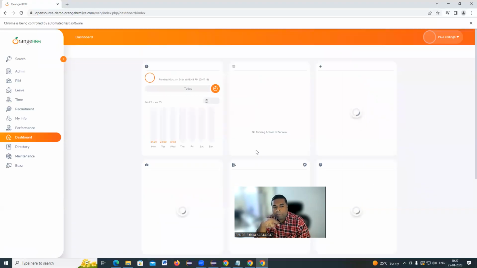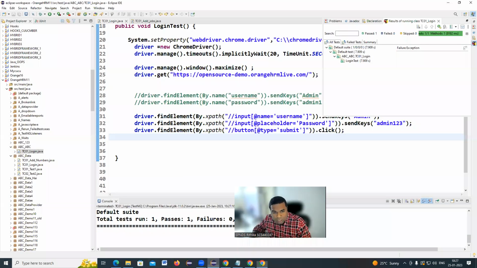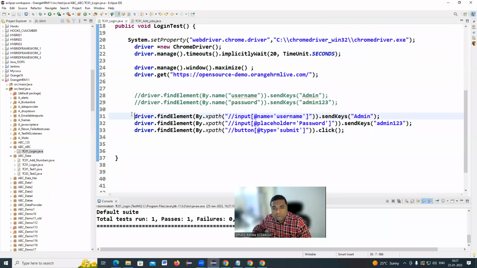Username entered admin, password entered admin123. After that, it clicked on the login button and navigated back to the home page. Okay, understood everyone so far how to write a set of driver commands? To write a set of driver commands, you have to know the web element syntax. So driver dot find